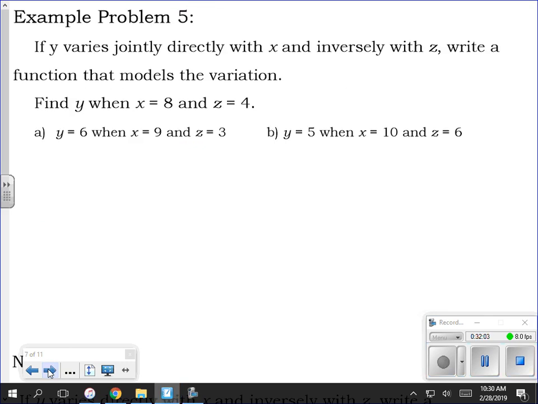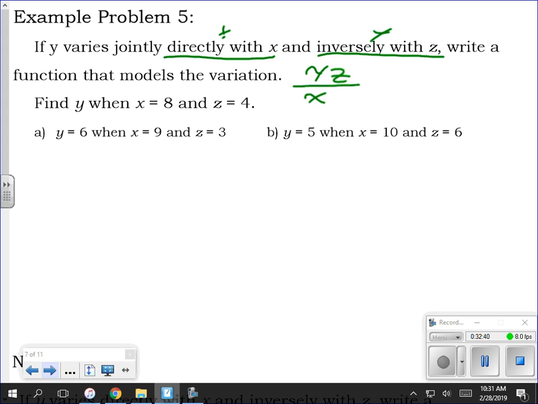Ooh, y varies jointly. Jointly directly with x and inversely with z. So, jointly means both directly and inversely. And the nice thing is it tells you directly with x. Directly means divide. And then inversely, that means times. So I have y divided by x and times z. That's my relationship between x, y, and z. Direct means I divide, inverse means I multiply. If you remember those two things, okay,